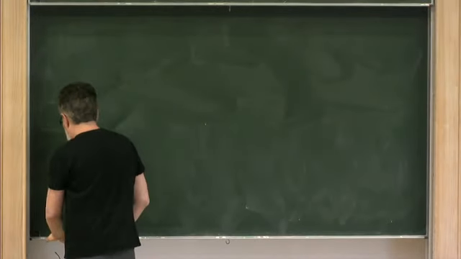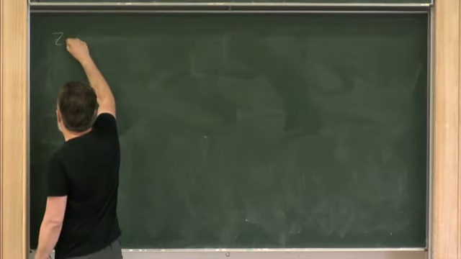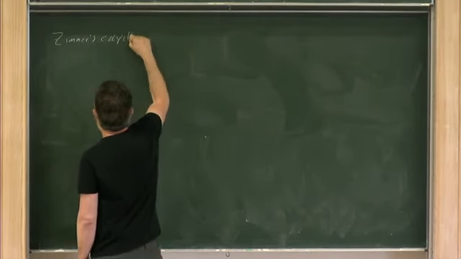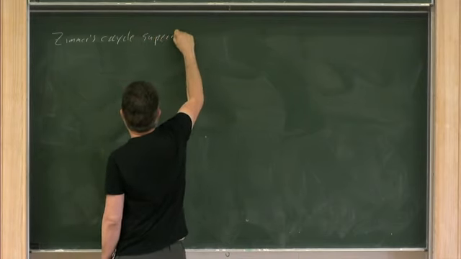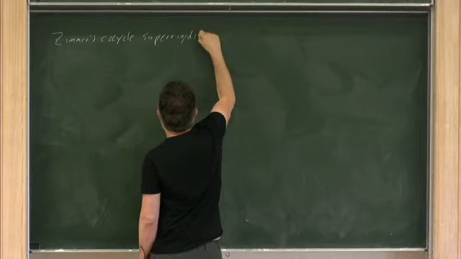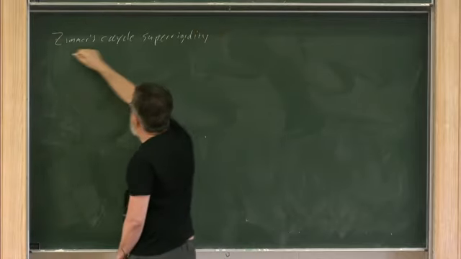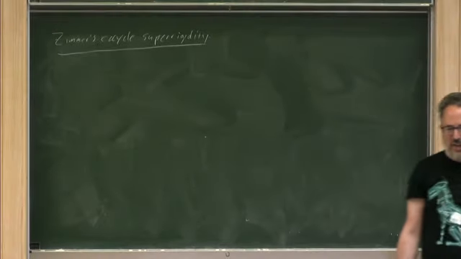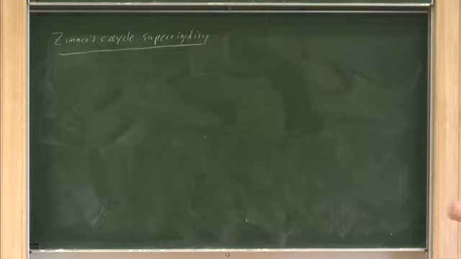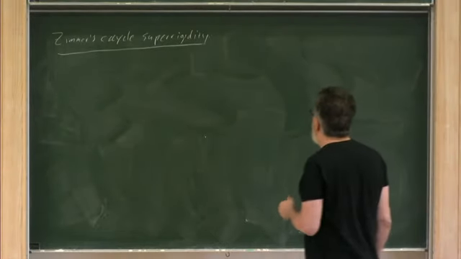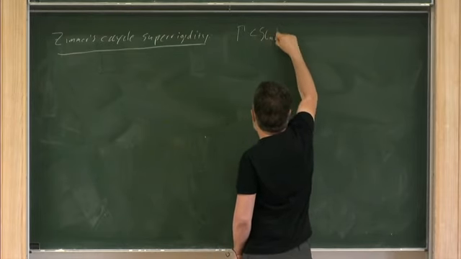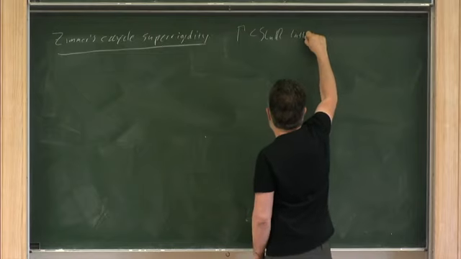which is just going to state for you something that I'll call Zimmer's cocycle superrigidity theorem, even though it's only a special case. And I'm going to state it in a way that's slightly different than it's usually stated in the literature in this context, because I'm going to state it in the way that I'm going to use it somewhat later in the talk. So again, gamma is going to be a lattice in SL(n,R),